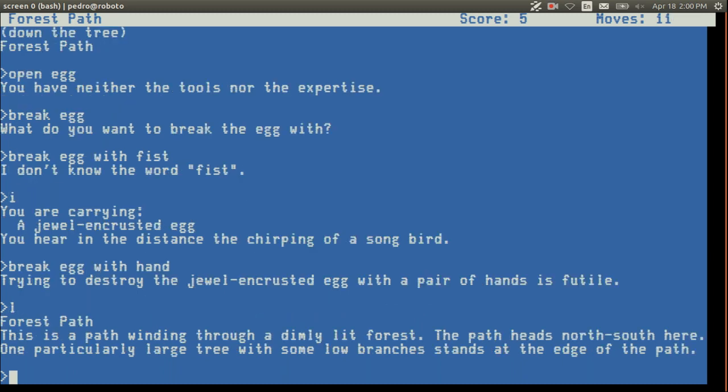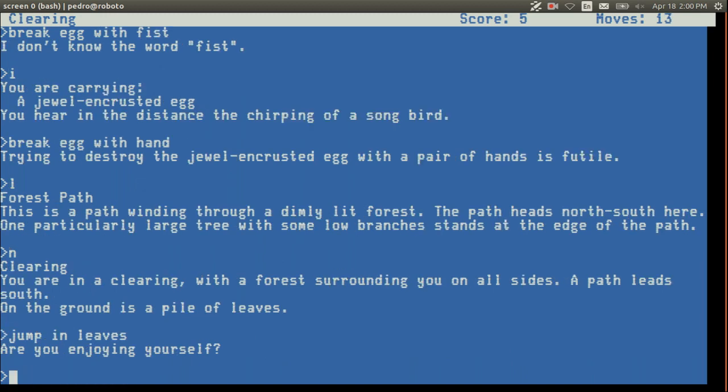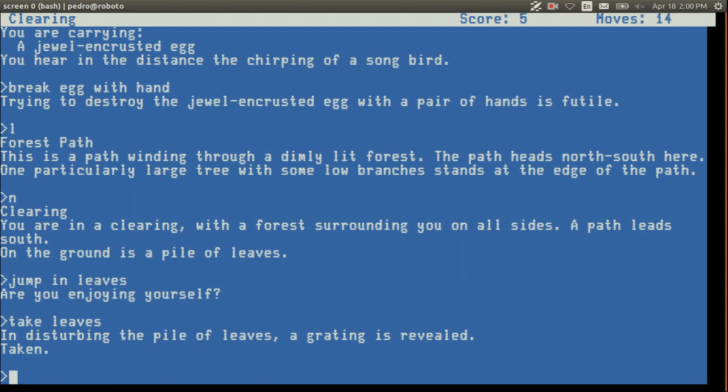So, okay. We're in a tree. I thought that we tried to go back to the house. North-south path. Yeah, I know, we're already lost. Which way should we go? North. Jump in leaves. Take leaves. Oh, a grating? Lift grating.